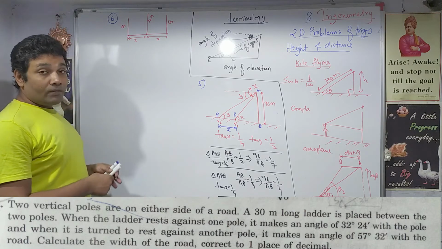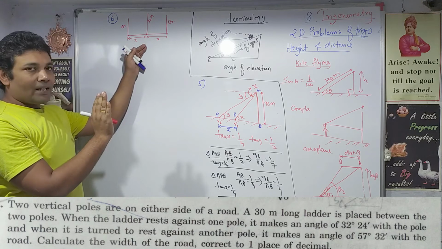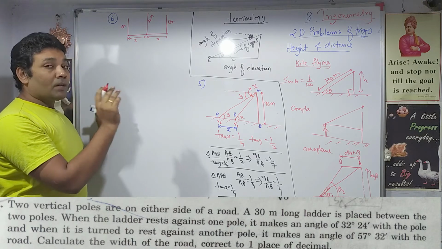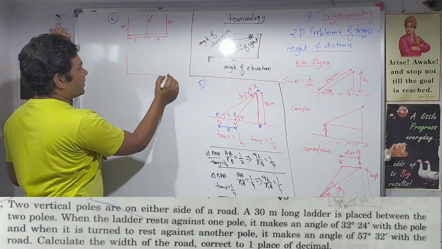So we'll have to modify our diagram, right? Let it be as it is. You also have to draw one sketch. If it is to be modified, draw another sketch, right? But make sure your diagram is perfect. So again, we'll draw the diagram.